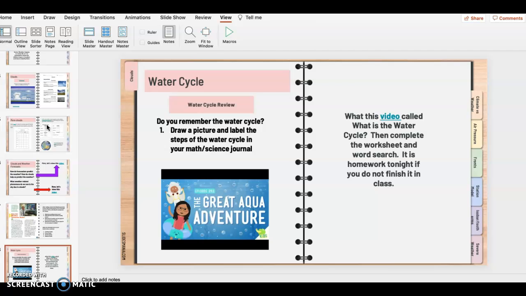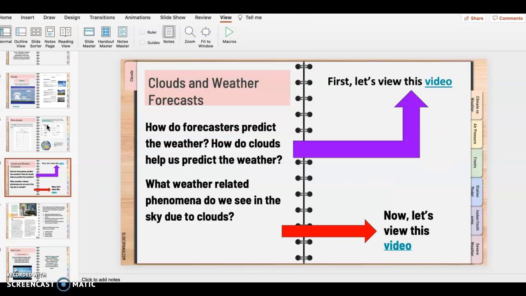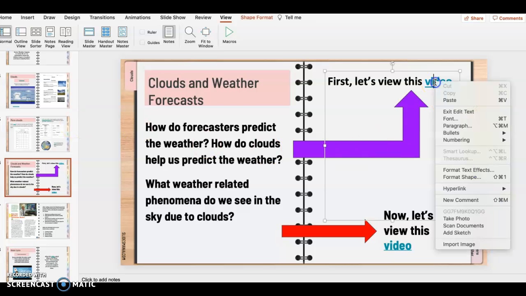But in terms of asynchronous, this is really the part that was eye-opening to me, especially as we move towards a different shift and more students are choosing the online option where it's not necessarily a synchronous classroom, but asynchronous work. I could see how there are some things where, especially if a student was asynchronous, it might be a little challenging. So if I just use this link, for example,